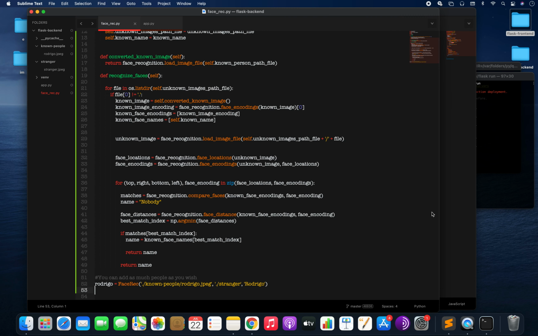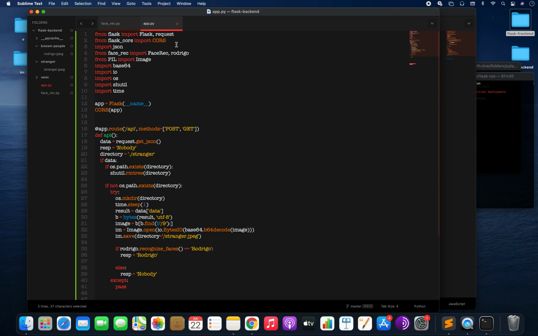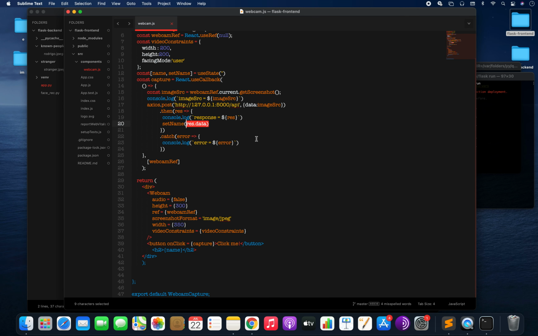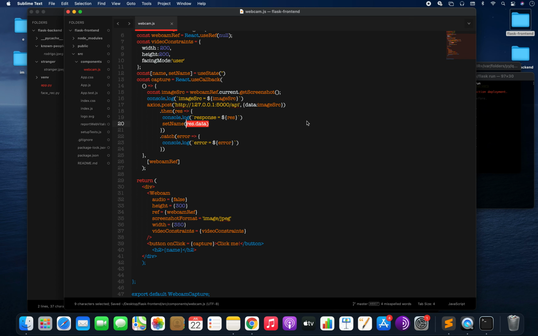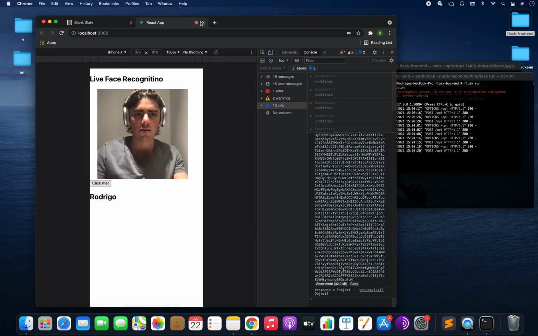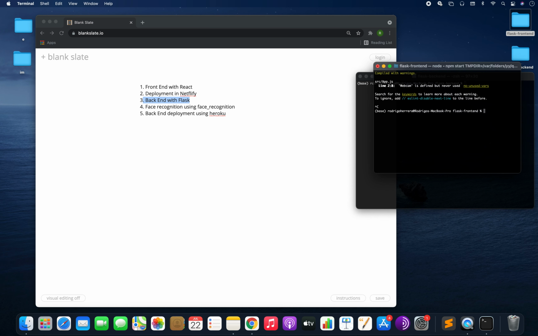Now, one thing that you shouldn't forget is that you should not run it like this if you are on a production server and you're planning to do it with a lot of users. But it's working perfectly. We have our front end ready. We have our back end ready. Now let's stop this and let's go to our